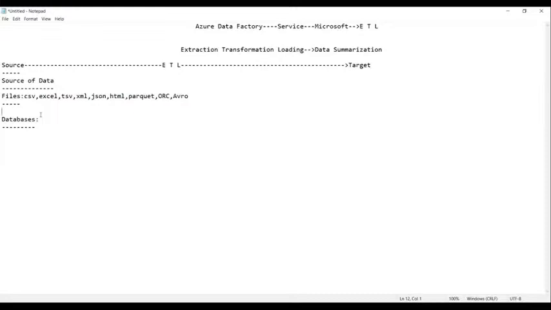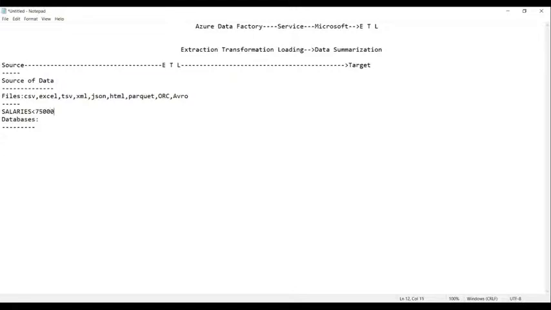That means getting a particular piece of data. Suppose I want the list of employees whose salaries are less than 75,000.